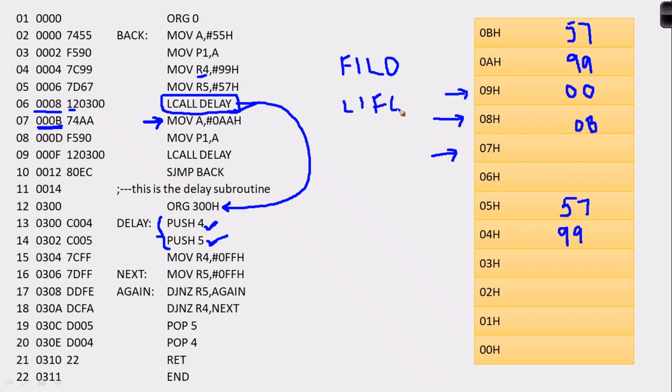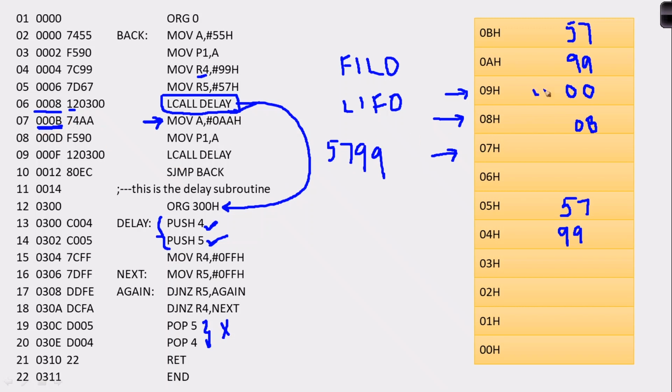Now if I don't consider these pop instructions which are present over here, at that time my address location will be loaded with 5799. But the actual address we have over here is 000b.